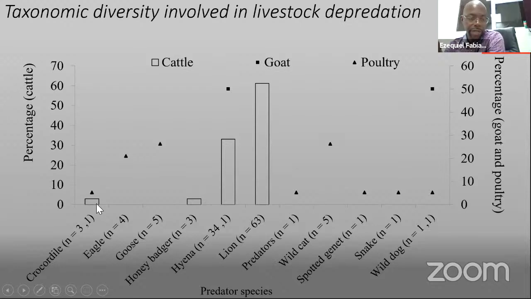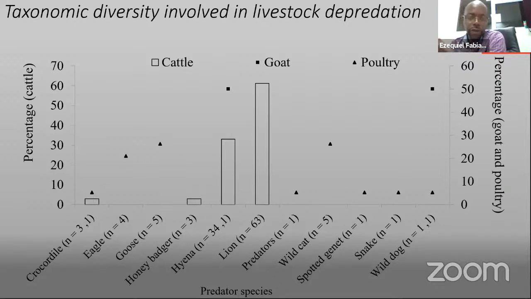Crocodile incidents are more likely to have happened when animals went to the river, because the conservancies border the river, and that's where these events are likely to have occurred. For lions and hyenas, this often occurs because at times livestock might be left unattended, or even when they are in kraals, lions are able to deter or jump over the bomas, depending on what material is used to build these enclosures.